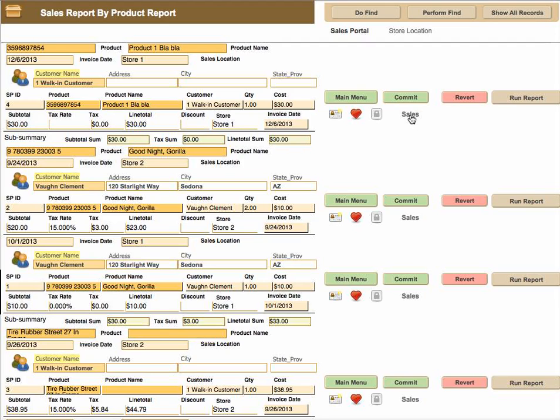The sales link here would take you back to the sales for that particular record. If you're on the server, on the cloud, you would have to commit the changes or revert them to provide the information to be saved, or not saved if you do a revert. There are also two buttons at the top, one for the sales portal and one for the store location screen. You can also use the main menu to go out and pick any screen and come back into the